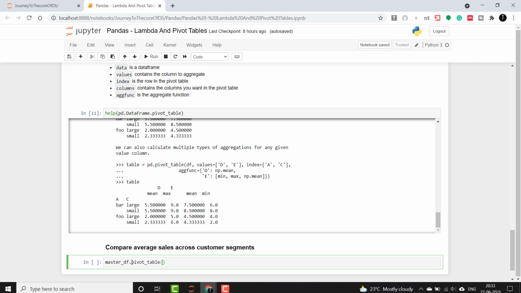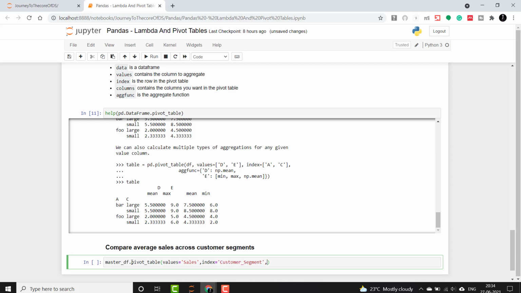So guys, remember there is a values argument which is the column to aggregate, and so we will be taking sales here because we have to compare the average sales. And then we'll say index equals customer_segment because this is the row in the pivot table.